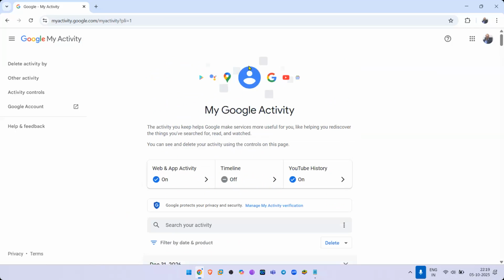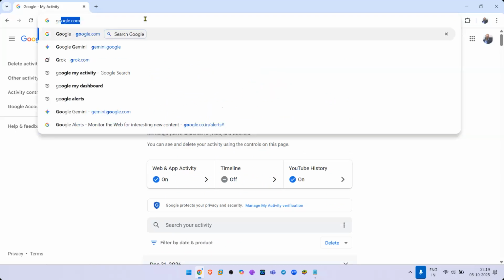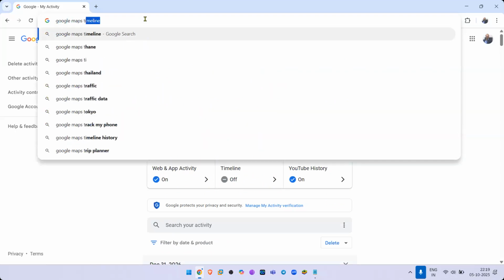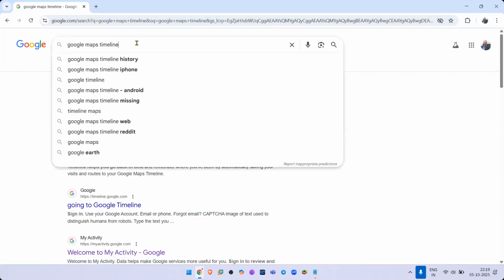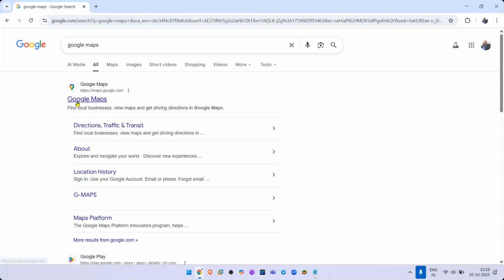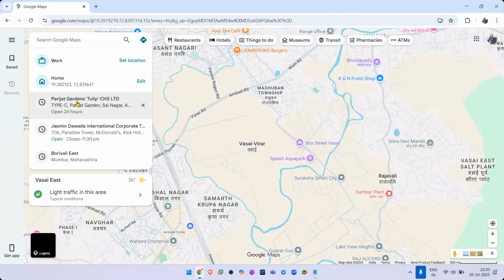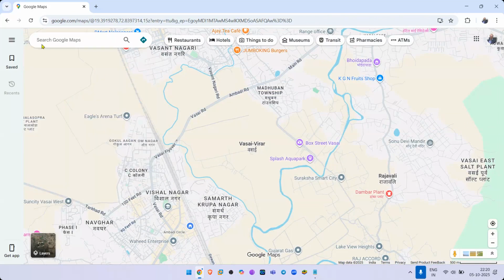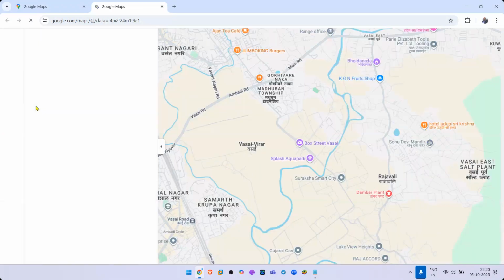So we know that we can extract a lot of information. What else can I get? I can get your photos, and I can even get your Google Maps timeline. Now, this is not going to work on the computer anymore, but this does work on the mobile. Earlier there was an option called timeline over here, your timeline. It is still there, but it doesn't work anymore. It works only on your mobile app.